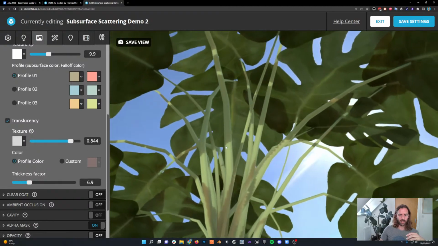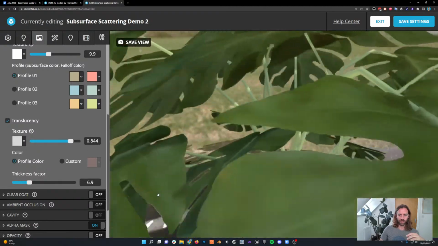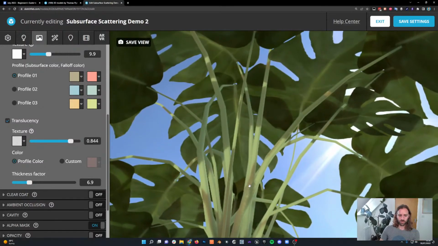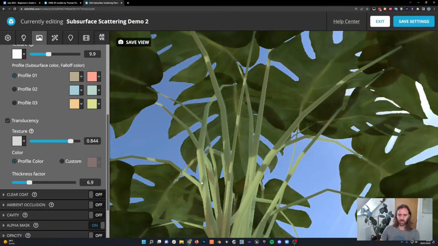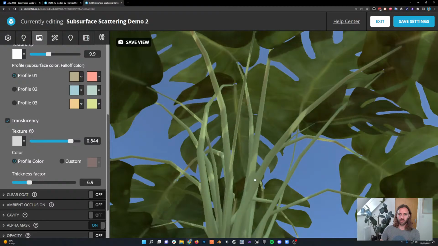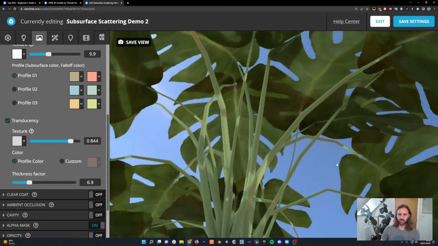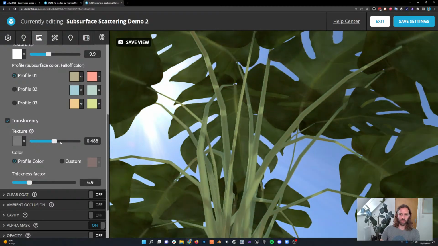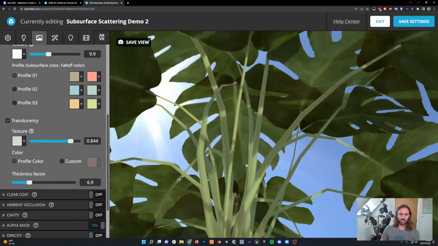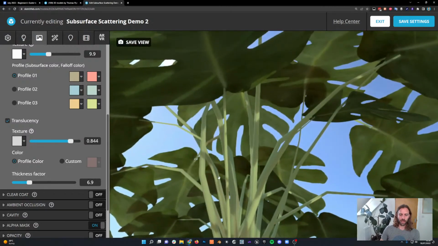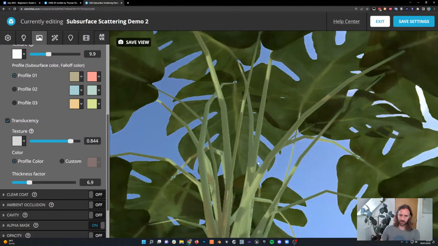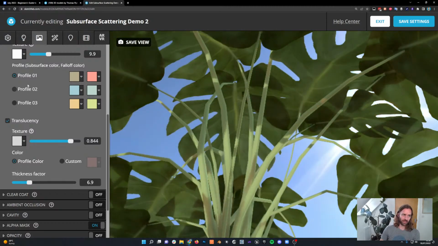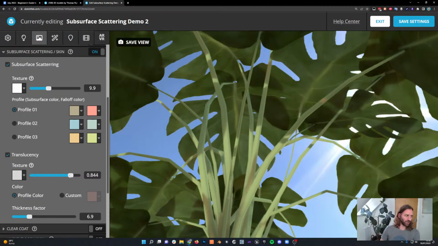you can see that now the shadows that are on the top of the leaves are also visible underneath. And again, I'll rotate the lighting environment so you can see the effect. And this is a much more realistic material effect for something like this. So again, there's no textures assigned here. I'm just using the default settings